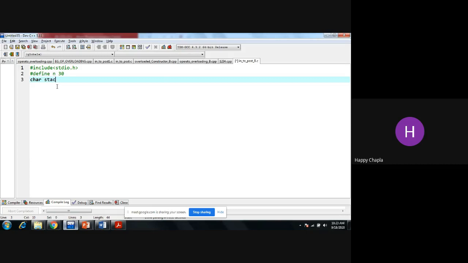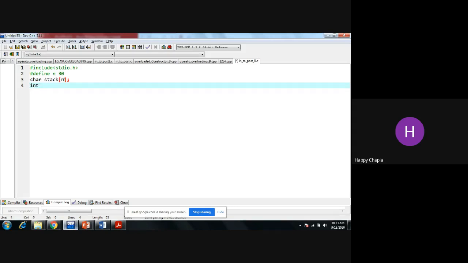Now see, I'm not taking an integer stack array, right? I'm taking an array of character, because I need to insert the plus, minus, multiply, starting bracket every time, and those values are not integers, right? That's all.